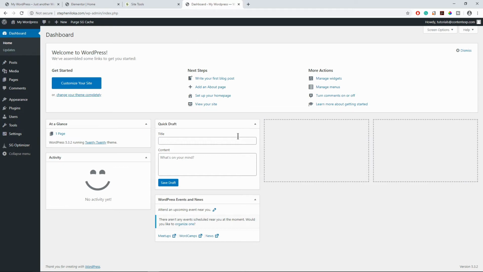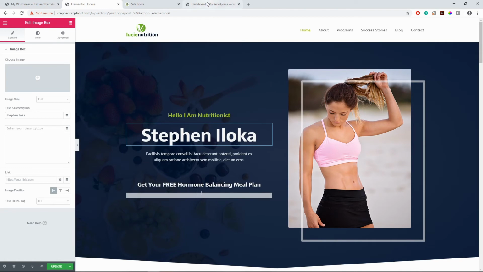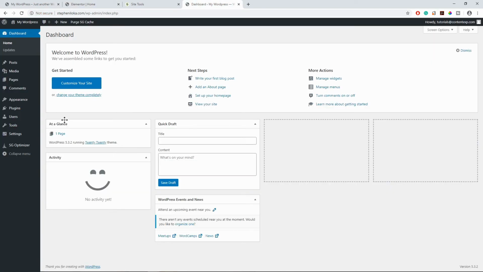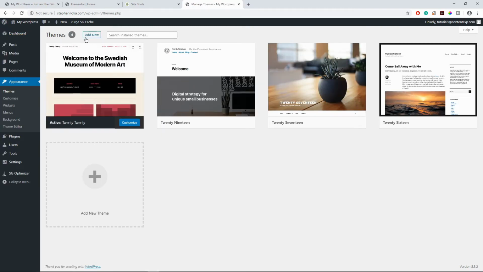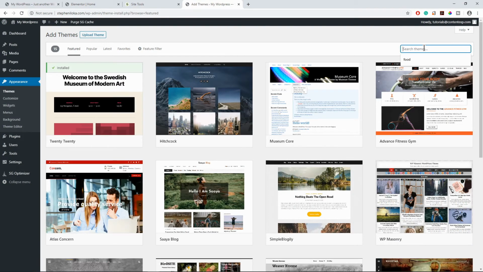So now the next thing we need to do is to install a new theme. To make our website look exactly like this, we need to change the theme and install a new theme to make that happen. So here you go to appearance and themes. You see this tab right here that says add new. We'll click on that, and the theme we are going to use is called the Astra theme. So type Astra,